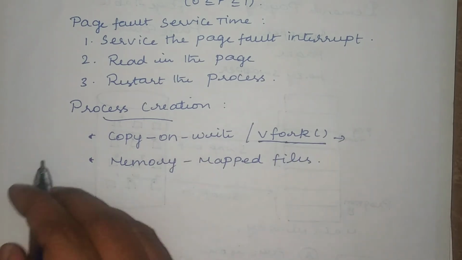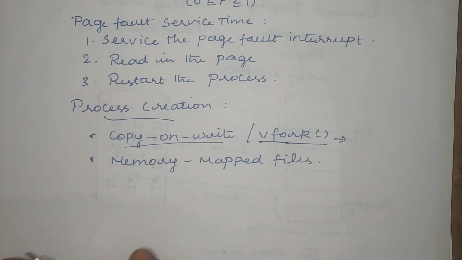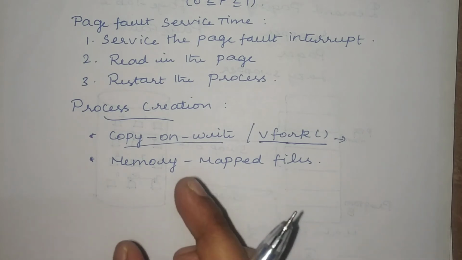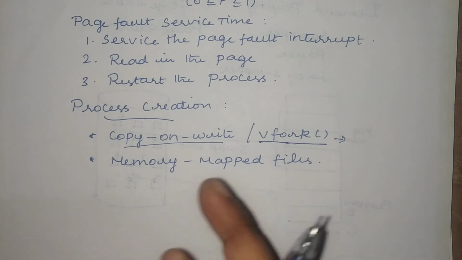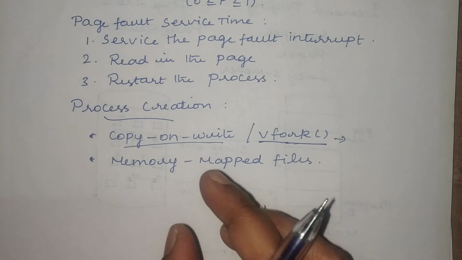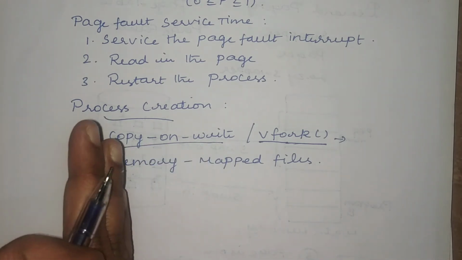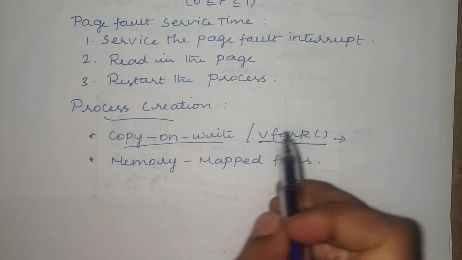So next one, copy on write. This is a technique that is followed for a normal memory scheme. Copy on write means, whenever the child process does any modification, a copy of that particular page will be given to the parent process. Whichever page is modified by the child process, that copy of the page will be given to the parent process, right? But this technique will not be followed in the case of virtual memory, because virtual memory is using